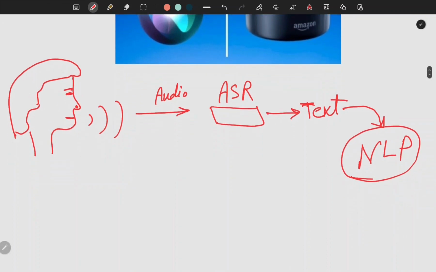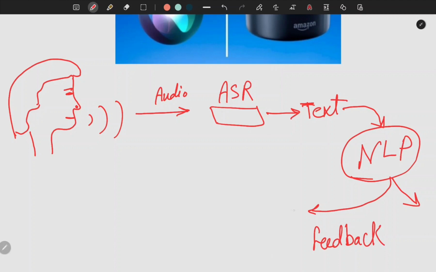Okay, it understands it and converts it to a command, a machine command in machine language, whatever it is. It does the requested command, and sometimes it will give feedback. It will generate a feedback.